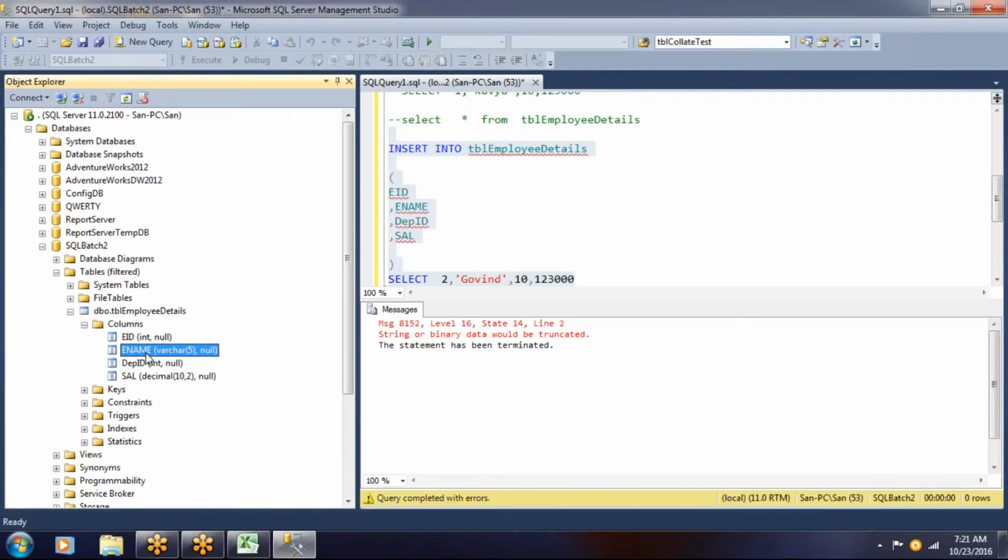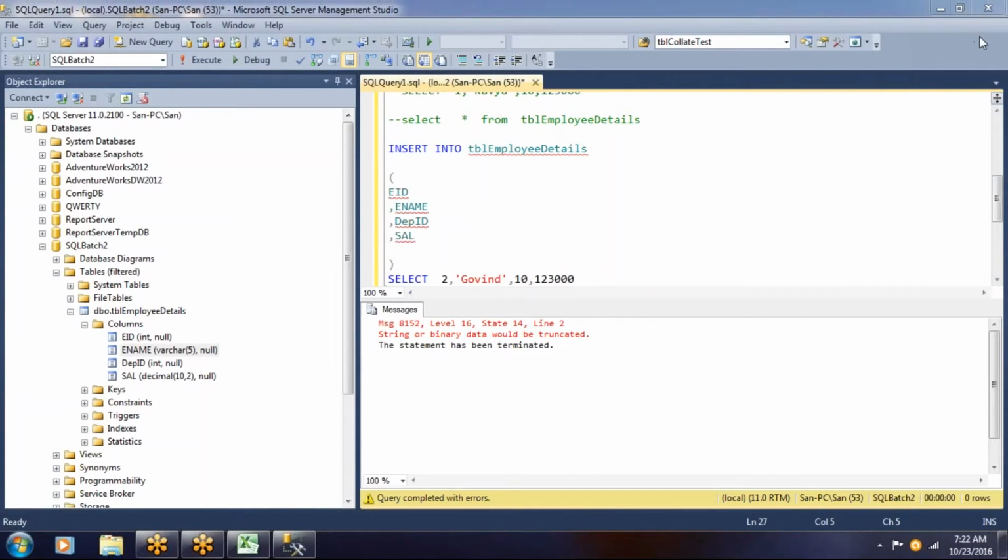So to insert data into this table, the employee name must be less than or equal to 5 characters only. If you enter data longer than that, it will not allow you to insert and will throw this type of error: string or binary data would be truncated.